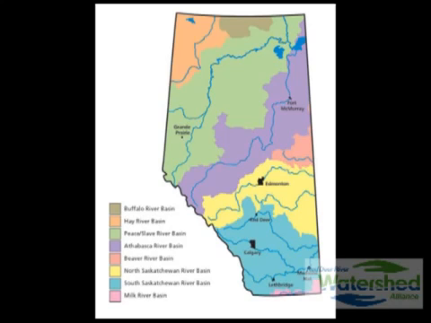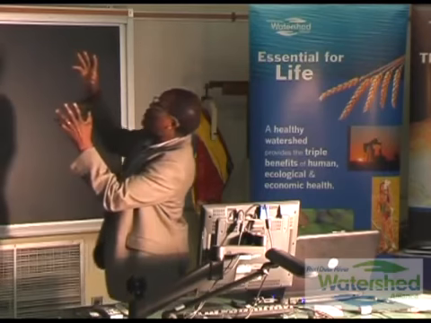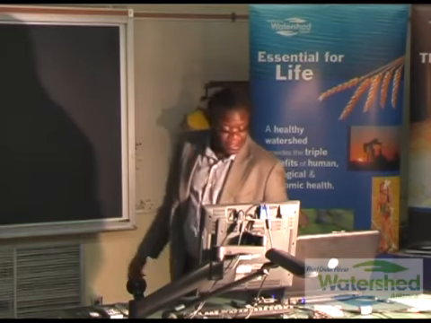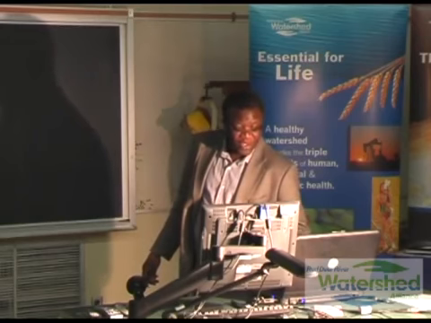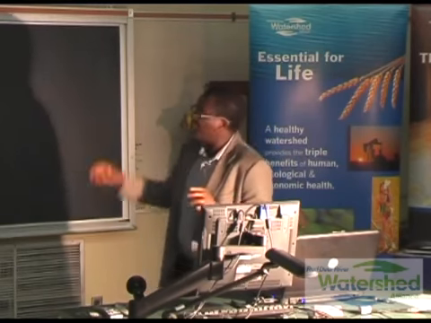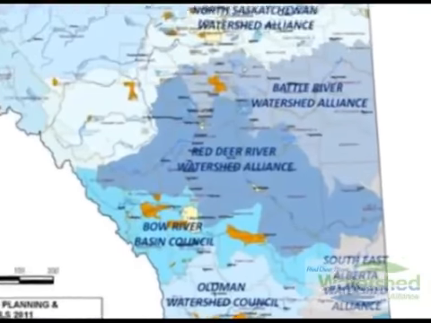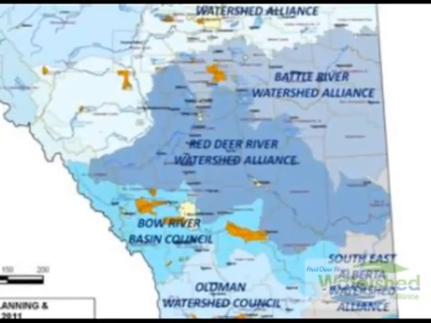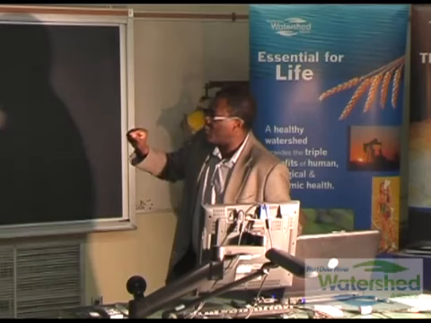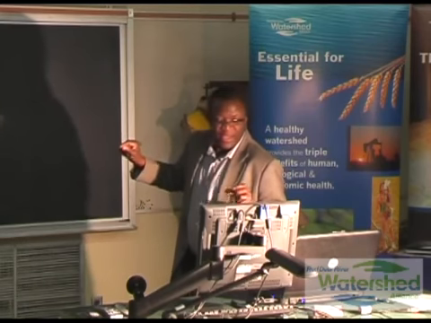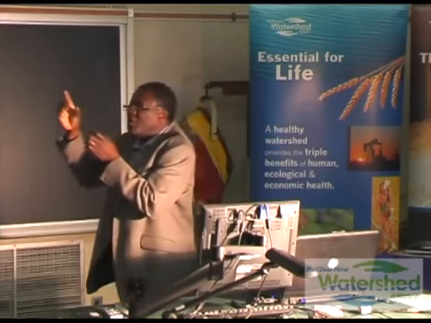is being created based on that particular document, within each of those particular, this is the bigger one, just more or less showing the basins. You will see, and then you now have the W parks in terms of the regions for each of the W parks. You see where the Red Deer River Watershed Alliance is. There is within the watershed, for example, Red Deer Watershed Alliance, there is now, based on the recommendation of that document,